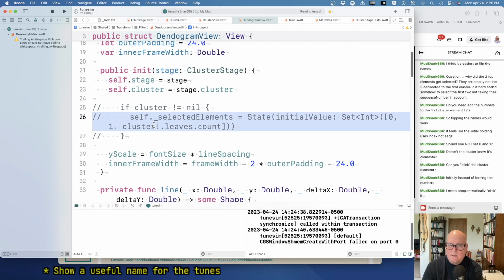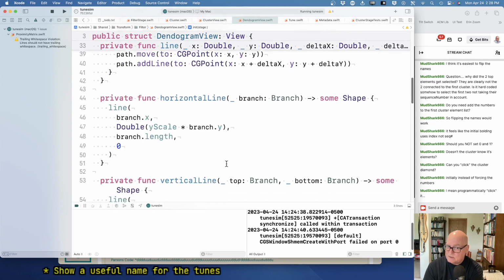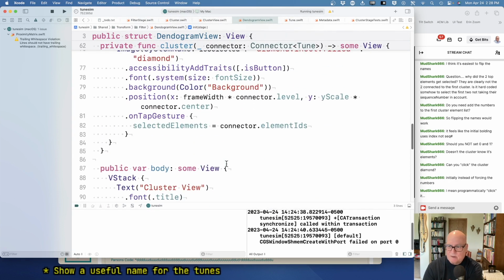But I mean, I feel like there's some big hole in my mental model of this thing. If 0, 1 and the first leaf are not the sequence numbers of the correct elements, that just seems like a big misunderstanding on my part of what's going on. So